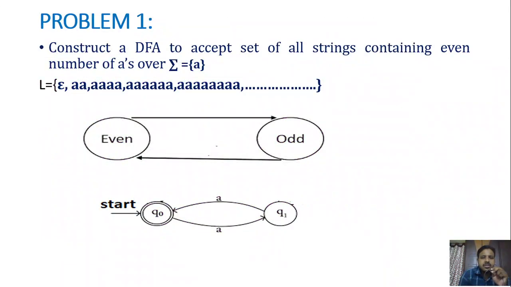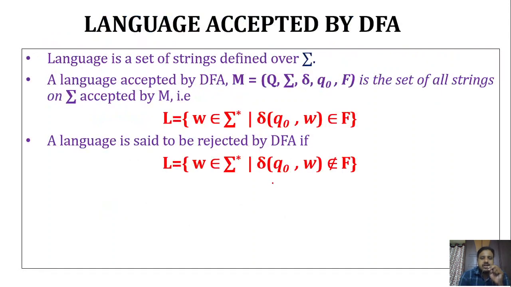So this is the problem which we already discussed in the previous session. Just for review purposes, I have mentioned the same example here. We discussed how to construct a DFA which accepts the set of all strings containing an even number of A's, right? We applied all the 6 steps and constructed this DFA. Based upon the given problem, we need to identify the number of states required, and we need to specify the transitions.